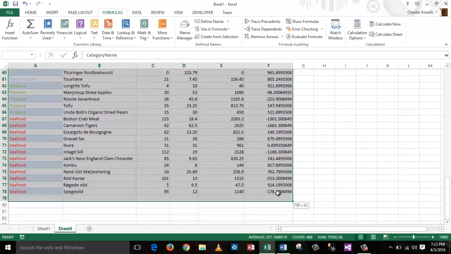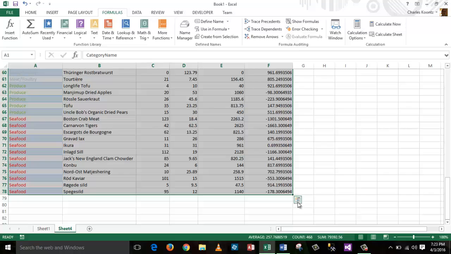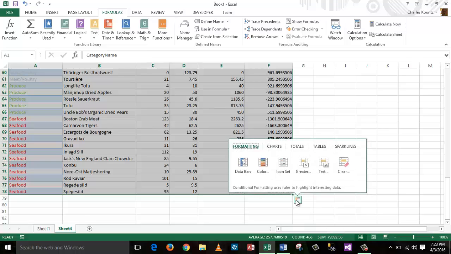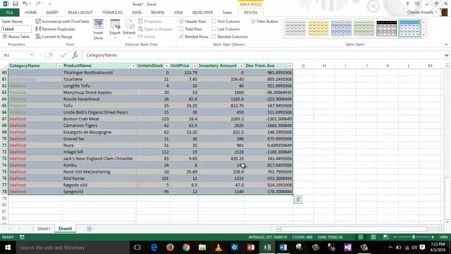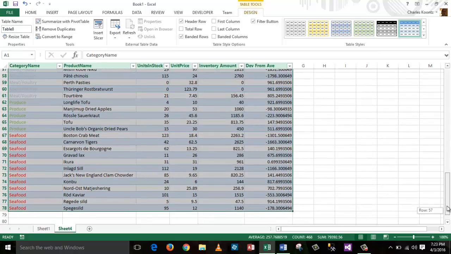So I'm going to highlight all the data that I want included in the table, and then I can use the quick analysis tool and choose tables. That's probably the easiest way to do it. Or I can go to the insert page and there's an option to insert a table there. I'm going to go ahead and just insert it using the quick analysis tool. And when I do, it gives me